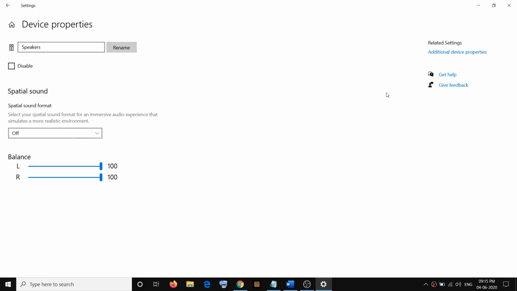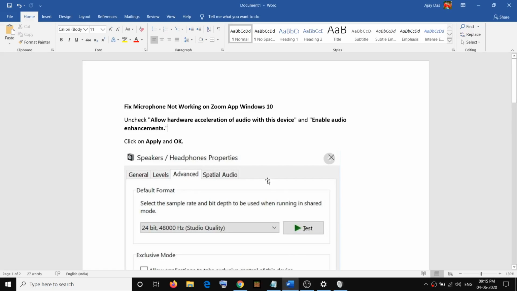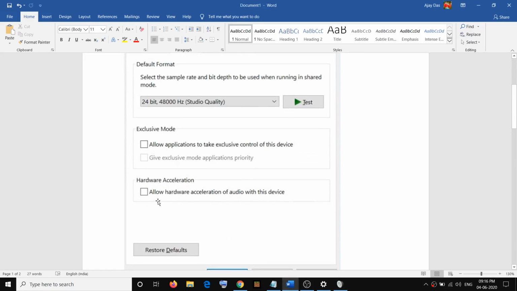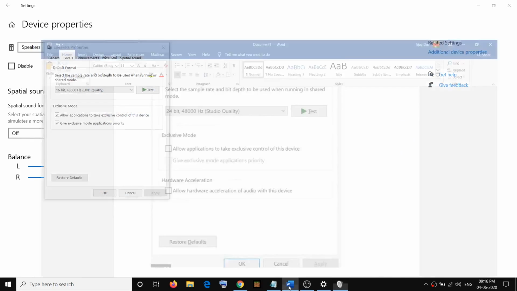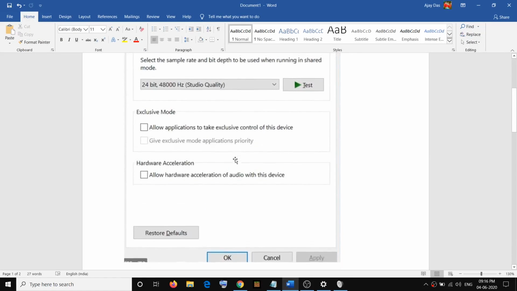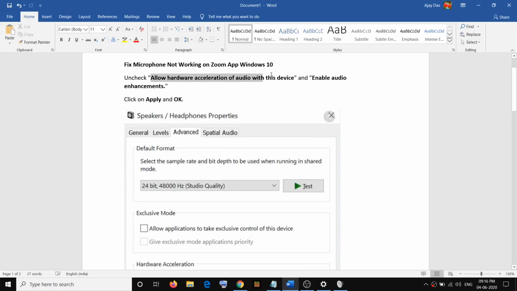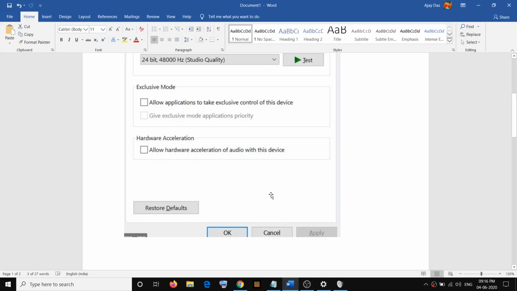Click on device properties, then click on additional device properties over here, then go to the advanced tab, and here you will find the option which says allow hardware acceleration of audio with this device. So you have to uncheck this, and you also have to uncheck the option which says enable audio enhancement. So uncheck both these two options from here and then click on apply, then OK,